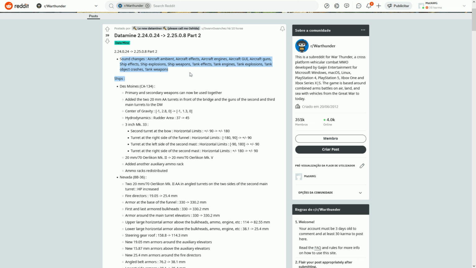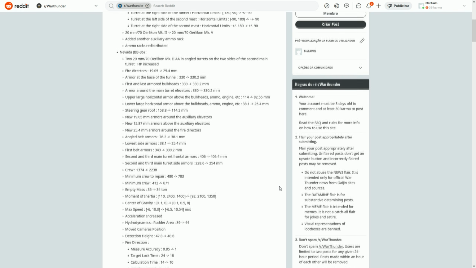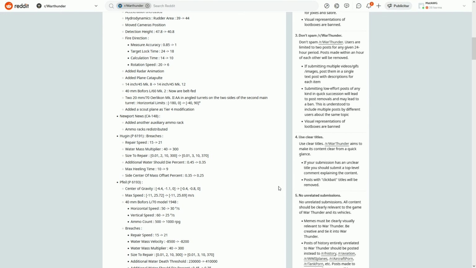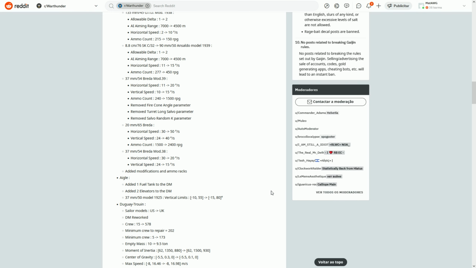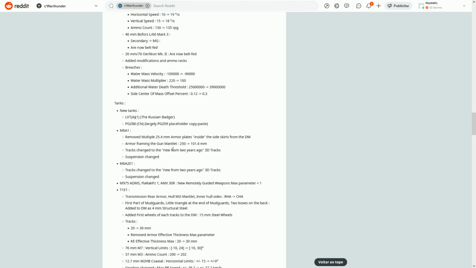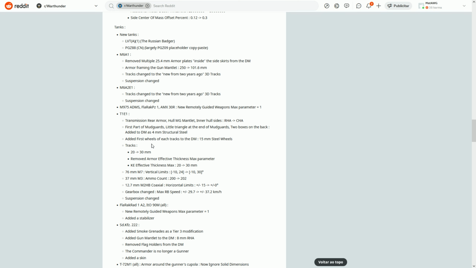So sound changes, some sound changes. Ships. So here are some changes of the ships. I'm not going to get too much into this. You can pause it, or you can also go into the description and I will leave the links there. Okay, so a lot of changes in just the ships in general, right? And here we have the changes for the tanks. So yeah, new tanks, as you see,